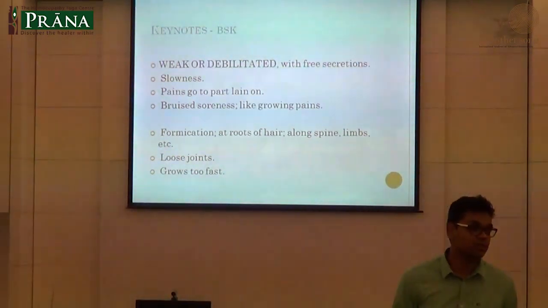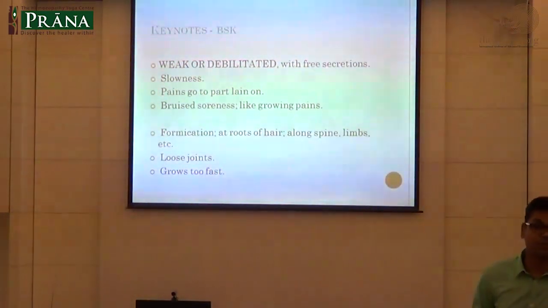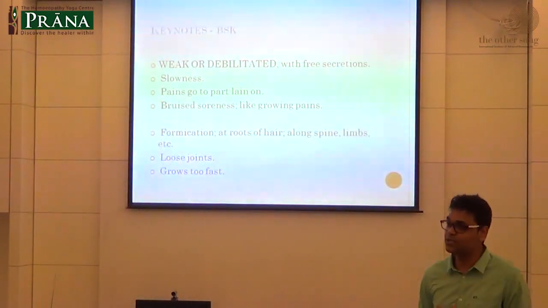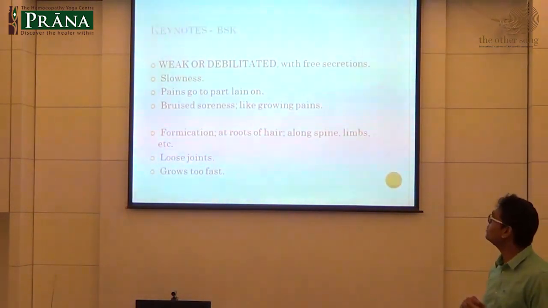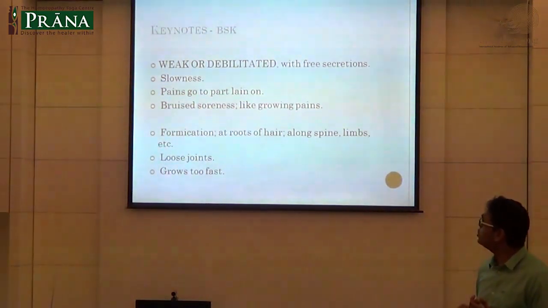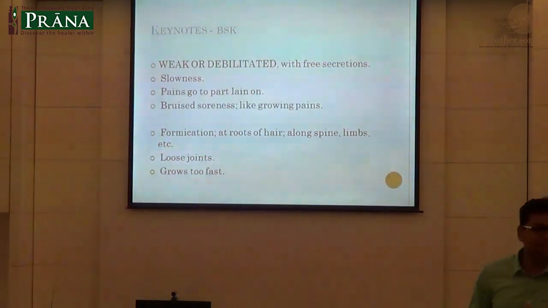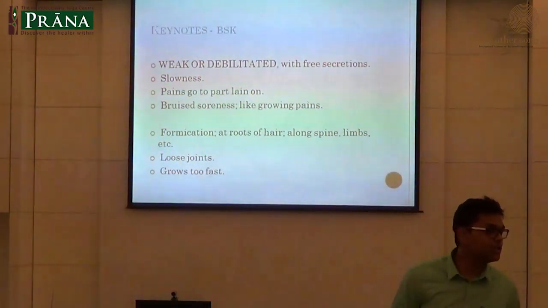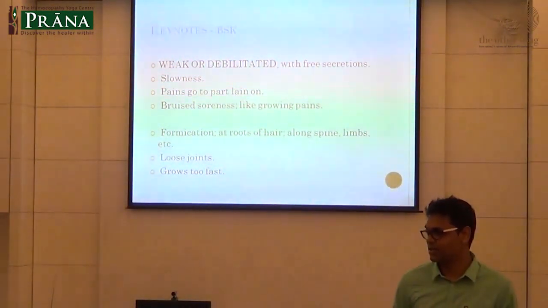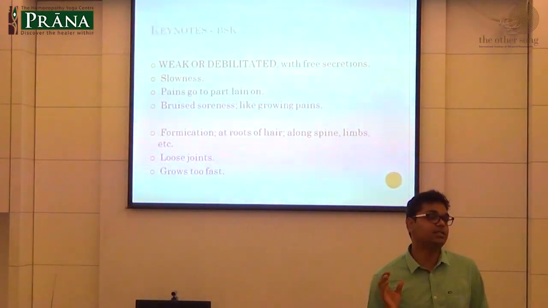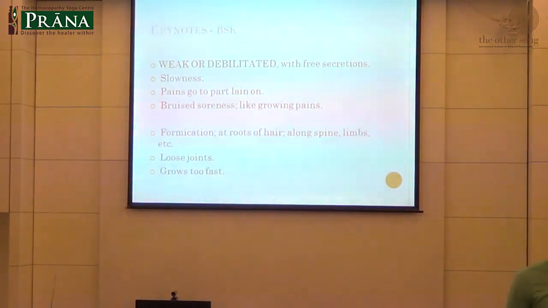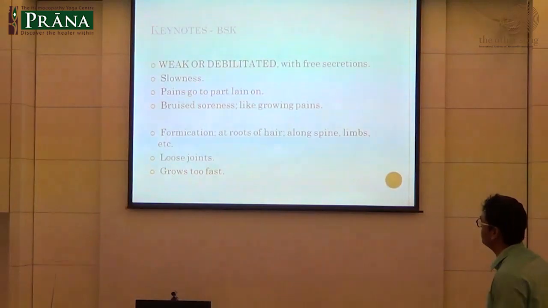Yes or no? Why do you get this symptom? Okay, very good. They are hyperactive, constant because of the phosphorus and acid element. So they will become weak and debilitated along with free secretion. Slowness. What have we learned till now? Fast. Now what do you see? Slow. Anybody can explain why? It is the end stage when you have completely exhausted, nothing is left, and you are now zero. Completely exhausted. Very good.